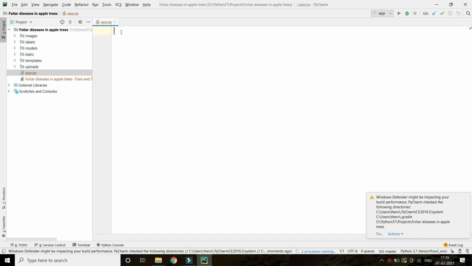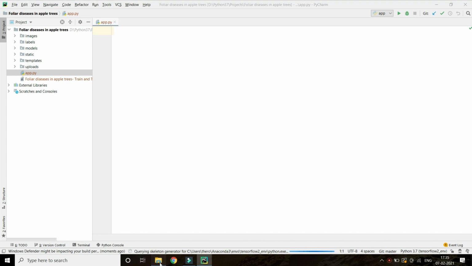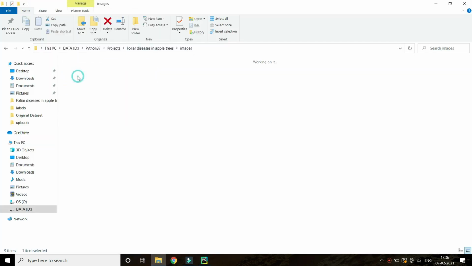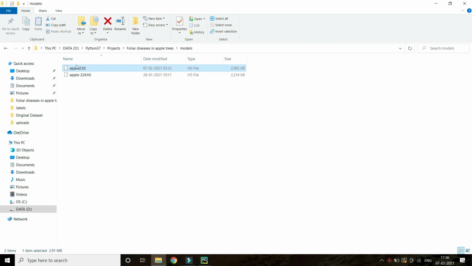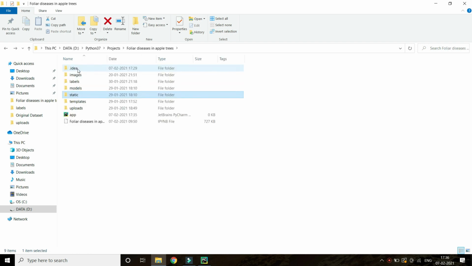Here you need to write the code. This is the main file, this is your application. Let's start writing what you need. The images you don't need now, because you have already trained and tested. Labels you don't need. Models: this is the model we produced in the first part, apple2, link in the description.